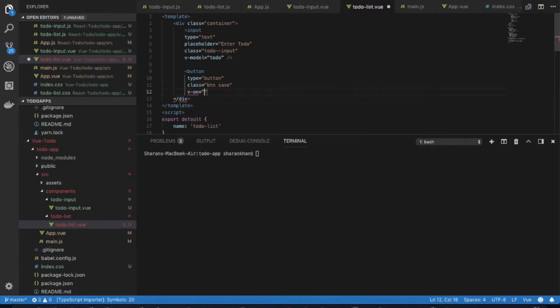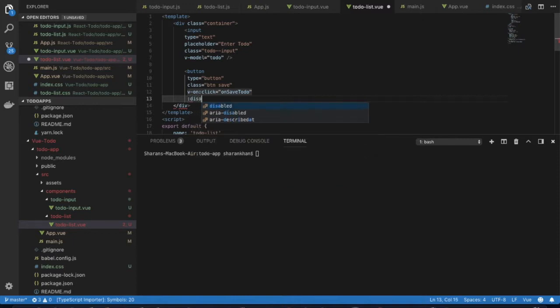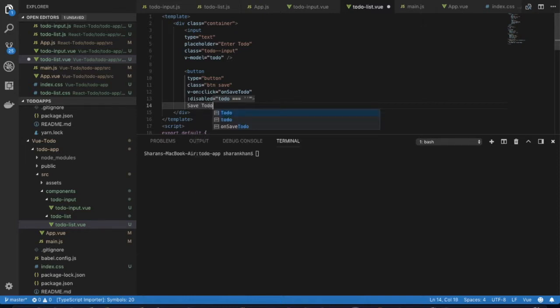So v-on:click. So v-on and click, right? So what happens when the save button is clicked? Alright, on save to-do, right? I'll call the method onSaveTodo, and disabled is equal to, let's make it empty, and let's name it Save Todo, with an exclamation mark, because I like exclamation marks,